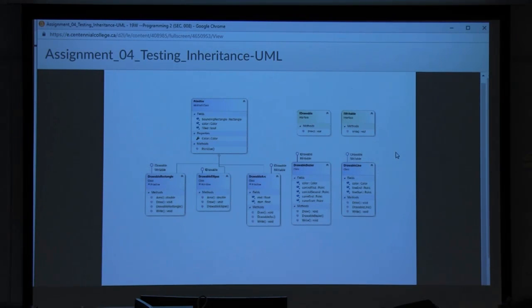You just follow, this method has a parameter called color. The type of color is called color. So you just type in that. And there's a little bit of implementation, but not much. It's really about getting to know more about inheritance, interfaces, and polymorphism. So again, all the methods are defined already.